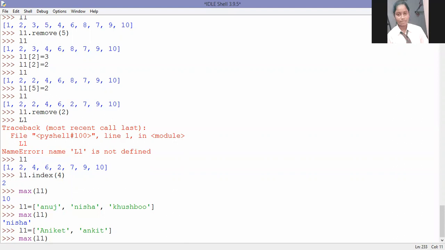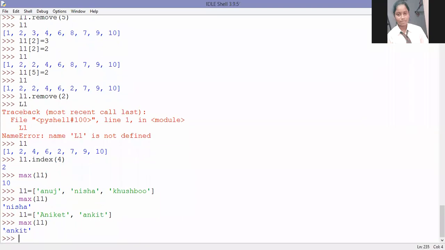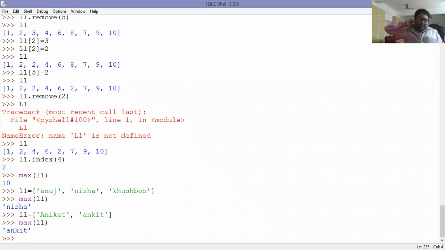Why? Small a has the highest ASCII value. Capital A has the ASCII value of 65, but small a has 97, I hope. Okay.